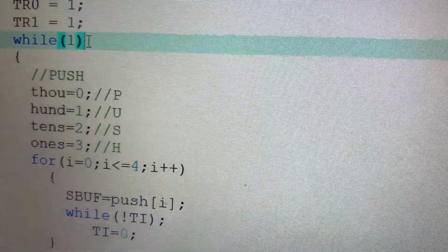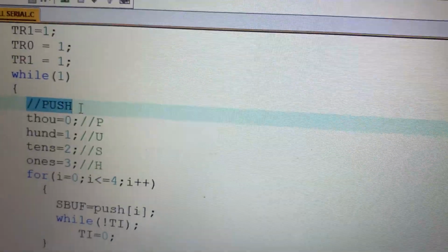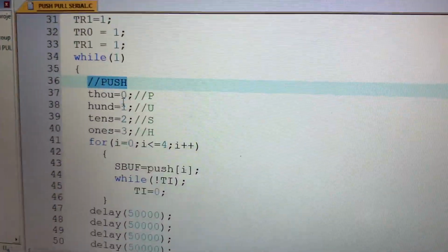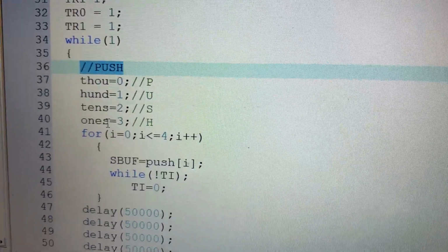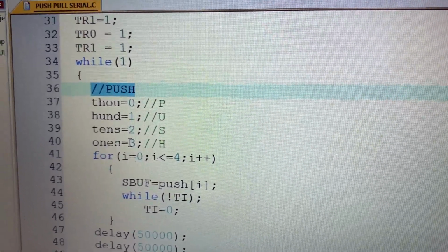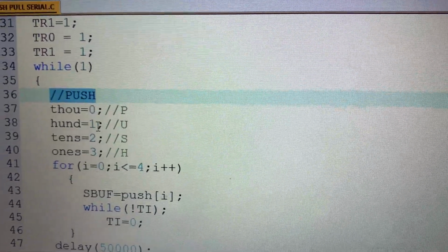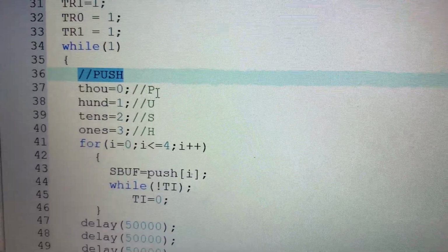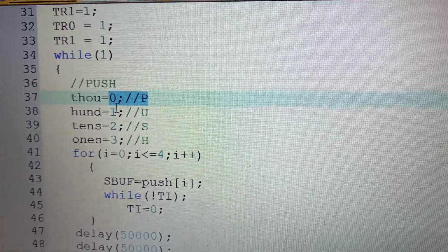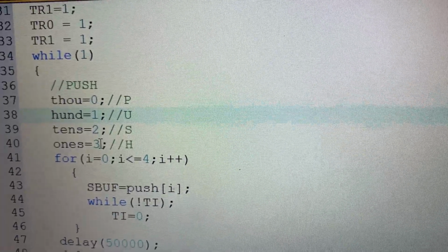In this while loop, first we are displaying push by enabling thousands, hundreds, tens and ones. What is this thousands, hundreds, tens and ones? These are all the corresponding array values, 0, 1, 2, 3. What is 0, 1, 2, 3? The 7 segment equivalent of the array: 0th location, first location, second location, third location.